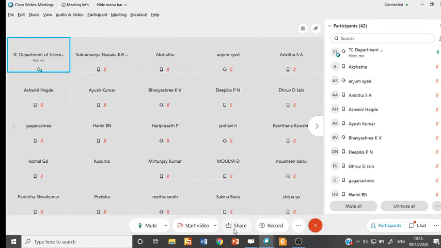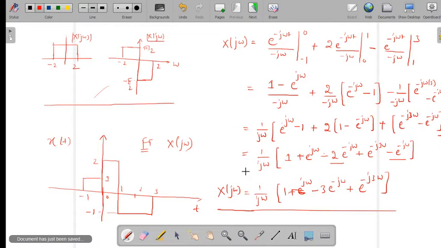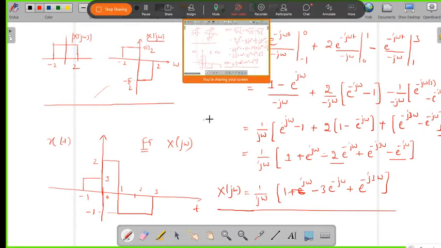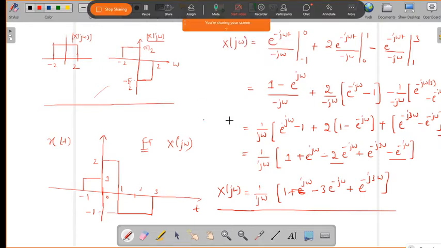Okay, so now we'll start the new unit, and this will be the Z transform. The fourth unit will actually be applications of Fourier transform, that is Fourier representations, so that will come later. So we'll do the fifth unit, that is the Z transform.